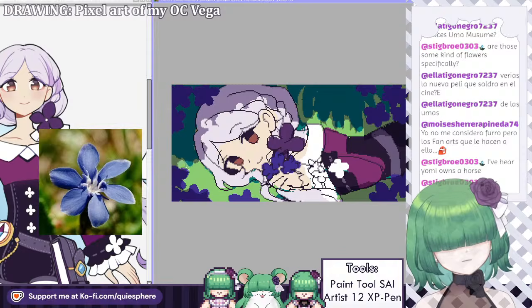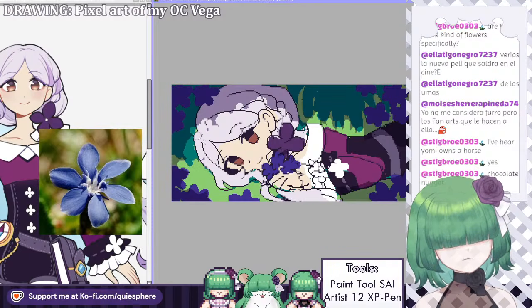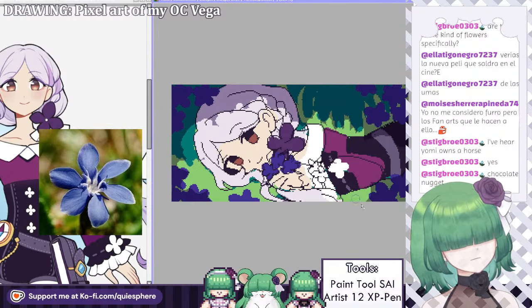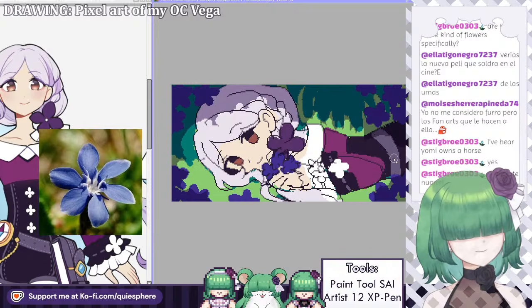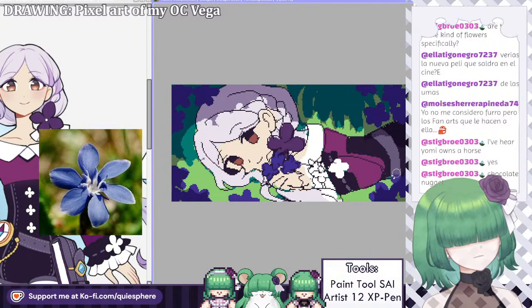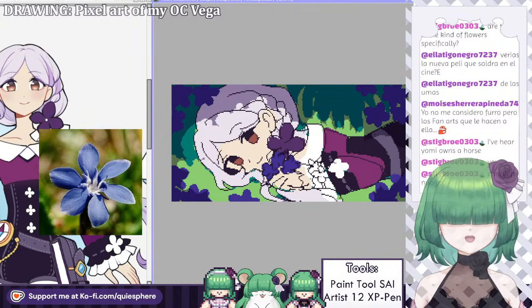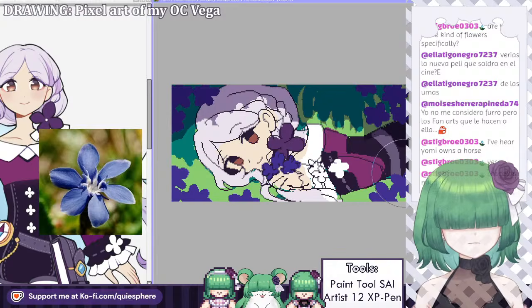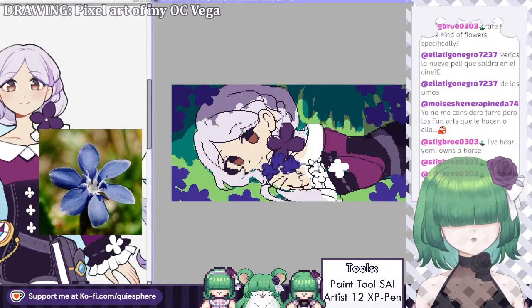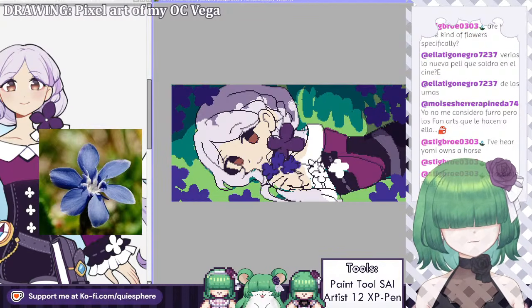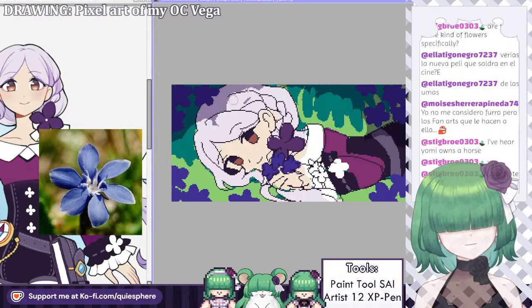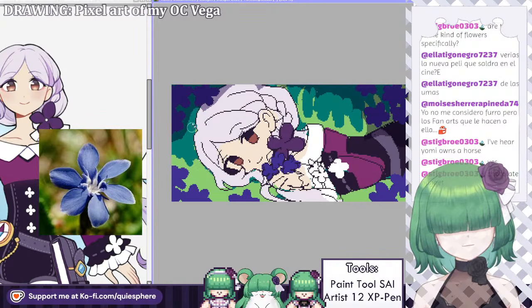I'm thinking maybe the flowers that are around, we can make them with the shadows. But also, if it's a flower field, there shouldn't be that much shadow, right? There shouldn't be that much. Unless she's like under a tree or something.